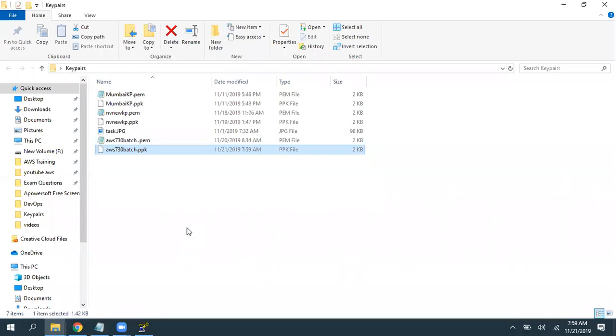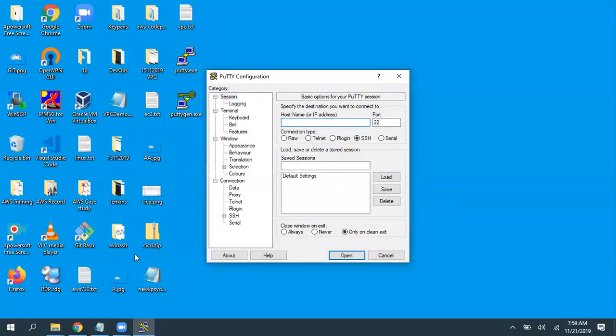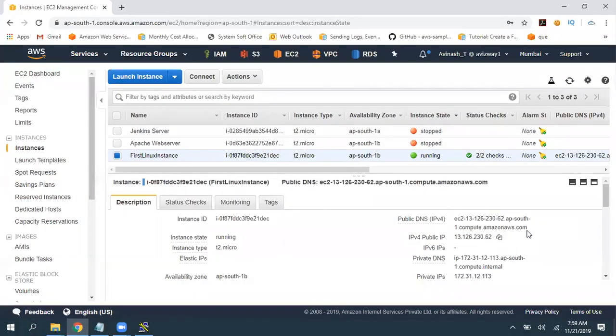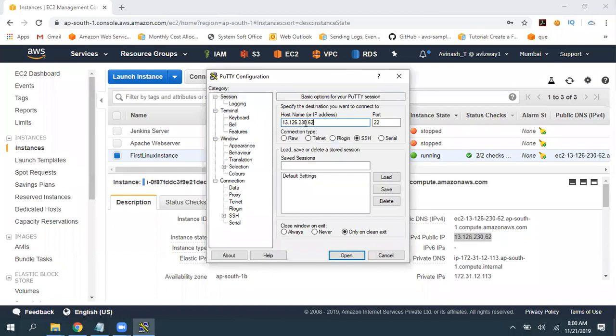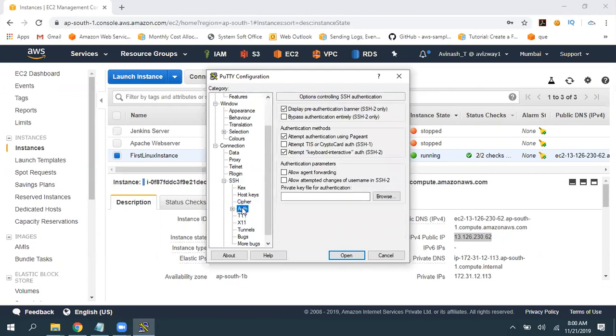Okay. So now let's browse this PPK while getting connected using PuTTY. So opening PuTTY, grab your instance public DNS or public IP address, port 22, and if you select SSH, it is going to be 22 automatically, but don't change that. It will not allow you to get connected. Select authentication.